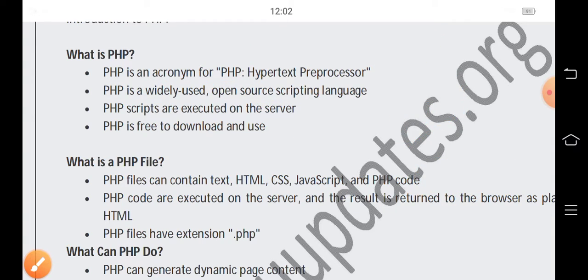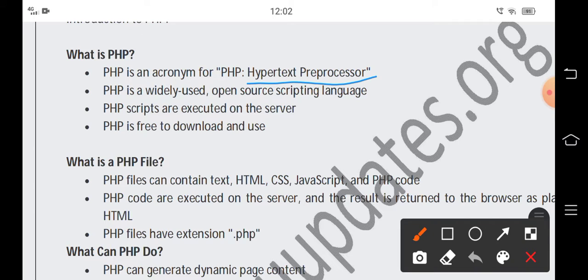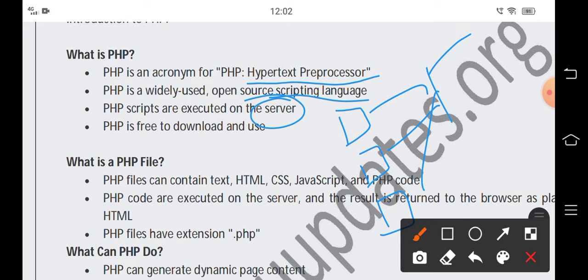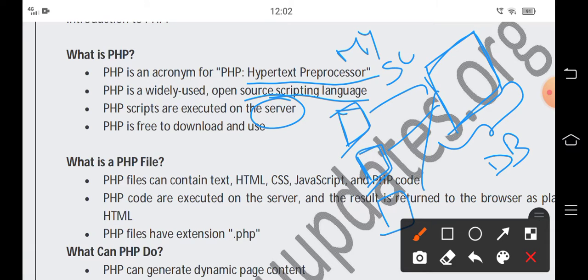I hope you understood. PHP stands for Hypertext Preprocessor, and it is an open source scripting language, and it is executed on the server. And we all know that each and every client is going to connect with a server in order to access the data. This server contains a database. The database of all the clients will be stored in a single server system, and this database is maintained by MySQL, that is database management system. For that it uses MySQL.